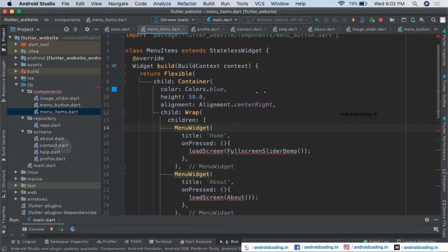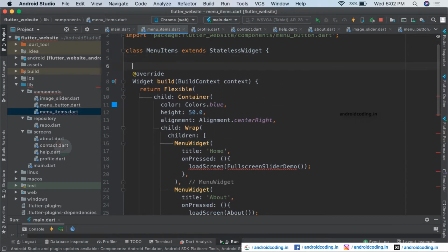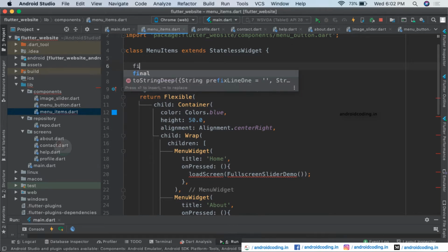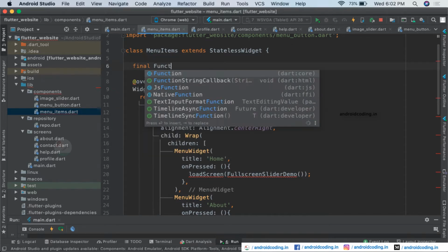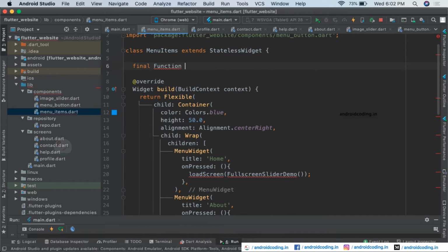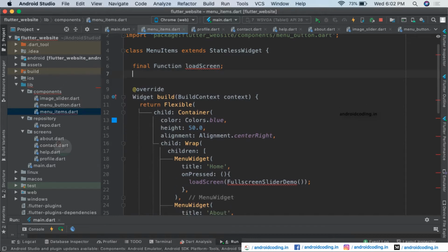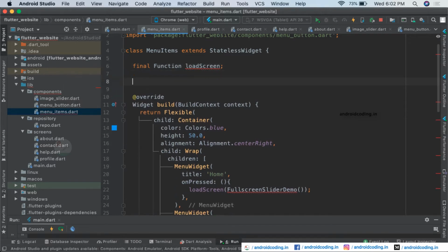Here let us create a function with the same name. We will be creating load screen, and with the help of a constructor we will be initializing it.